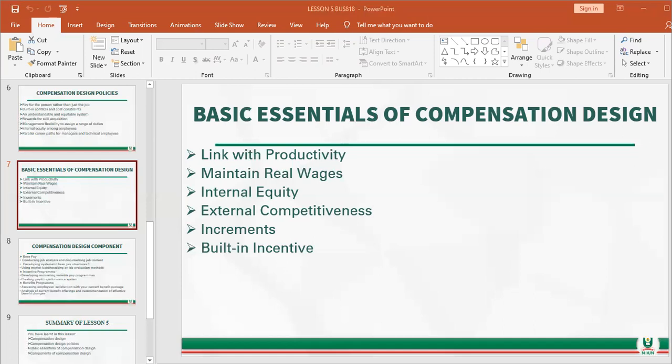Then lastly, we have a built-in incentive. Wages or salaries plan should contain a built-in incentive so as to motivate employees to perform better. So this built-in incentive would actually help employees, because for instance, if I'm in an organization and they say if you meet your target every month, you will get a 50% raise or bonus or something,